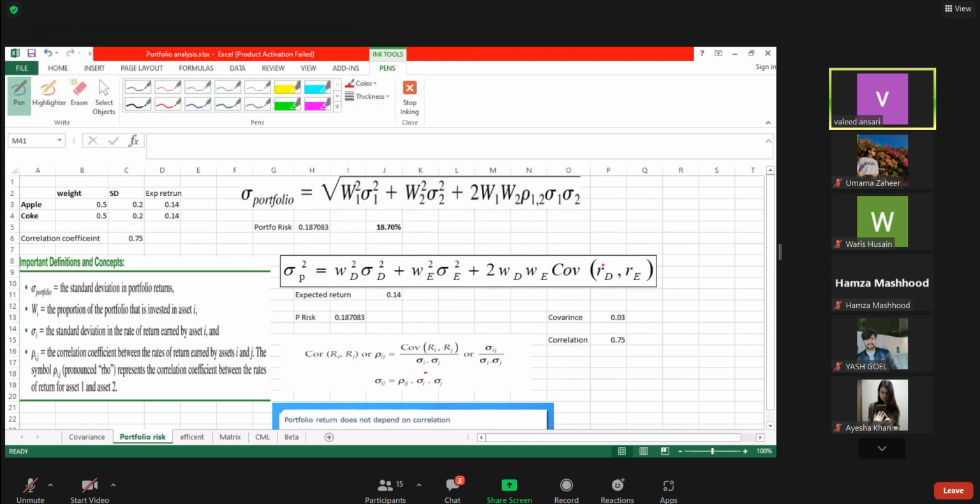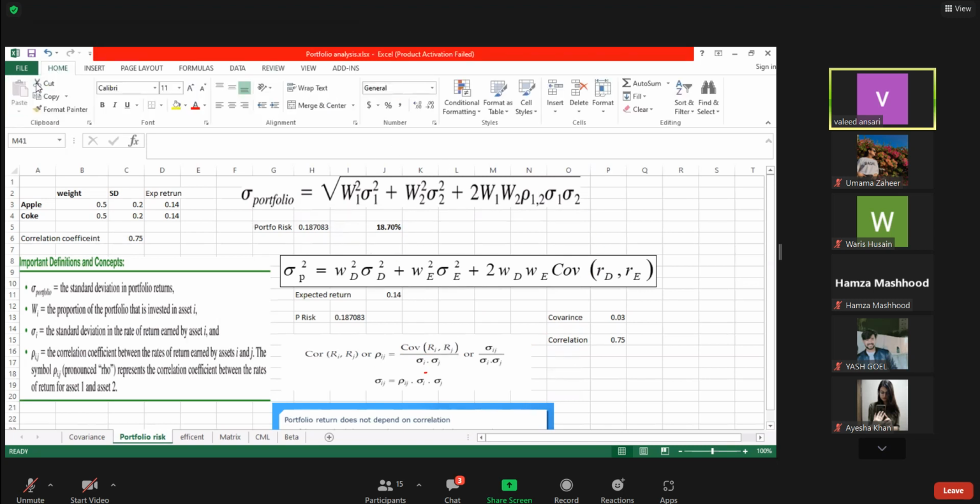Now this is how I have done. You see what I have done here, the same thing is a portfolio return, especially for what I have done here, I have used this formula. So let us put this formula here by using this. So we'll start with